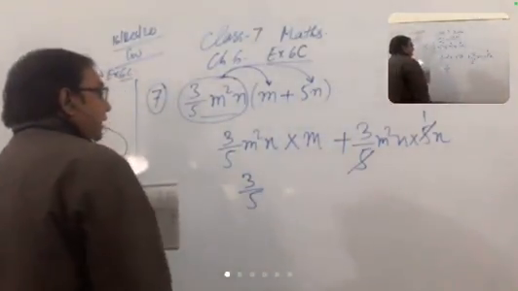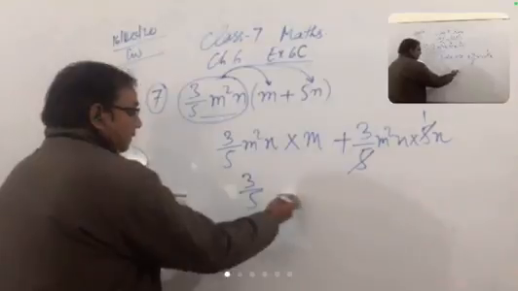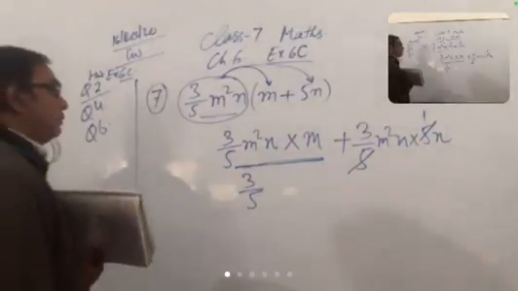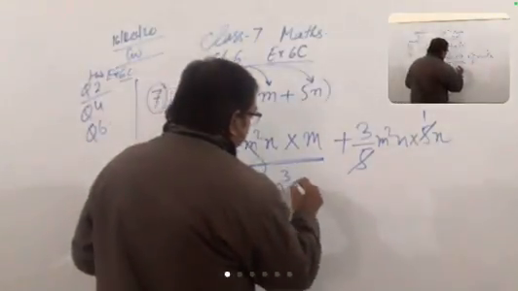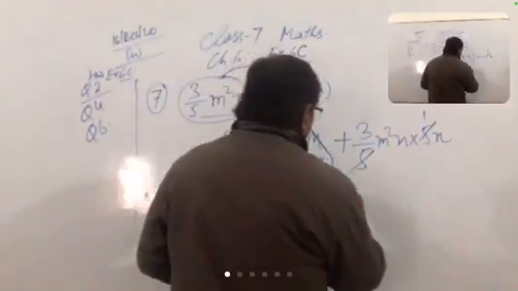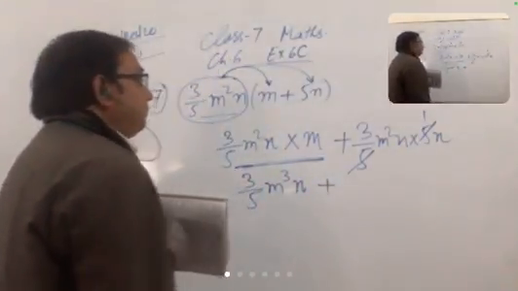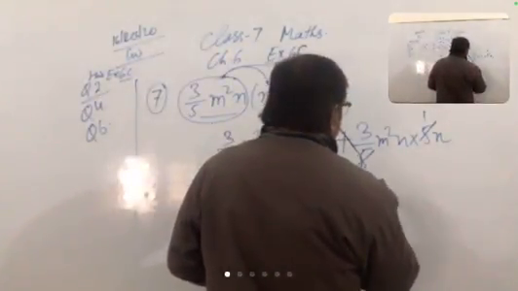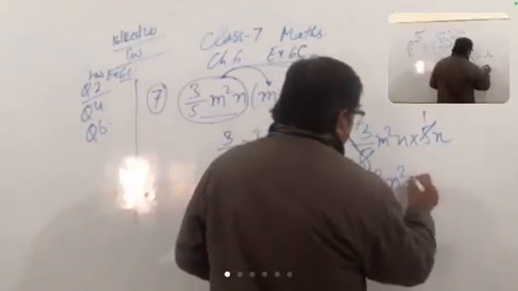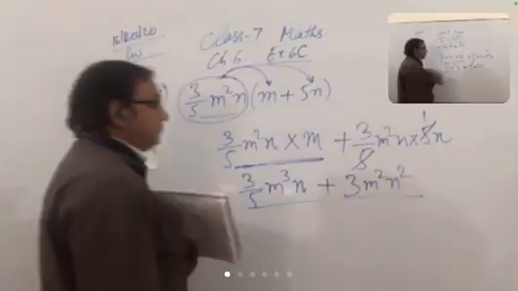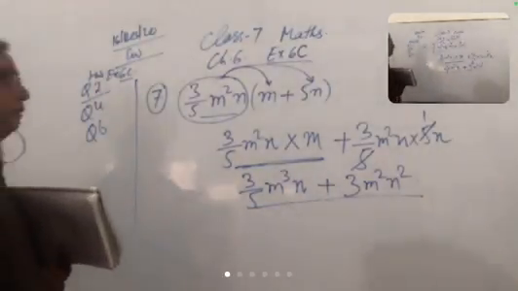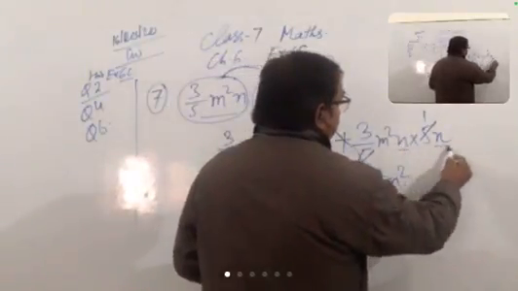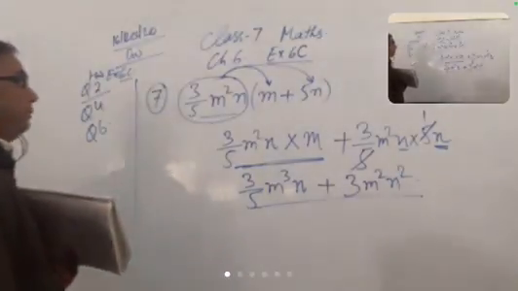So Akriti, can you please tell me what is the product of this first term, first two term? M square in m square n. M cube n. Very good. Ankita, can you tell me the product of now this? Now this is the answer. 3m is here because 5 cancels with 5. So 3m square, and n is multiplied with n. It becomes n square.